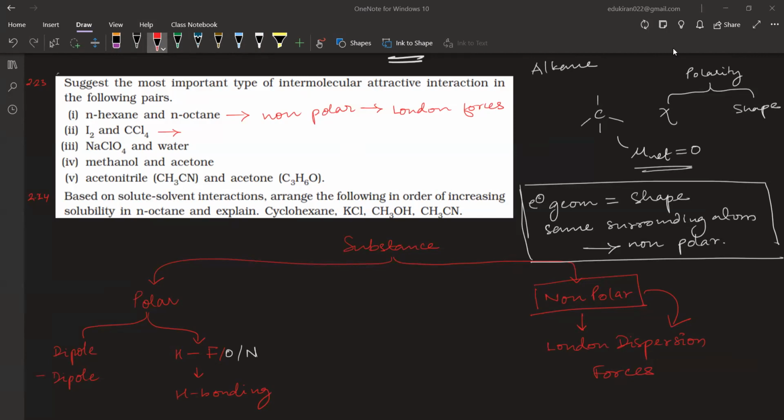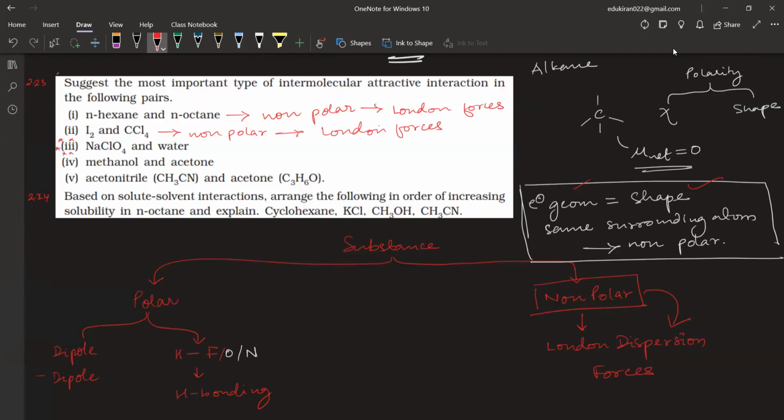I2 is non-polar because it has no electronegativity difference. And in CCl4 we have electronic geometry equal to shape and the surrounding atoms are the same, and it is giving me non-polar. So this will also be non-polar, and it will give me London forces. Okay. But the case of NaClO4 and water is a bit different,